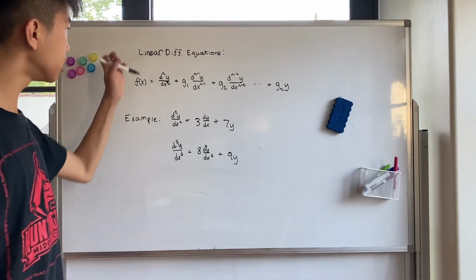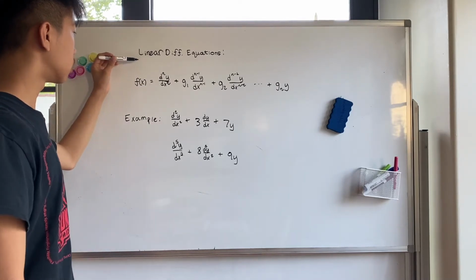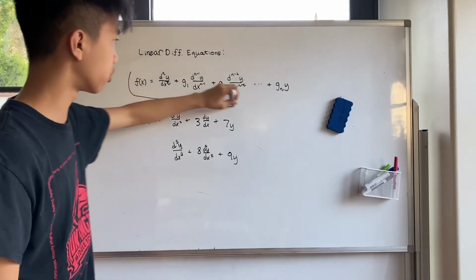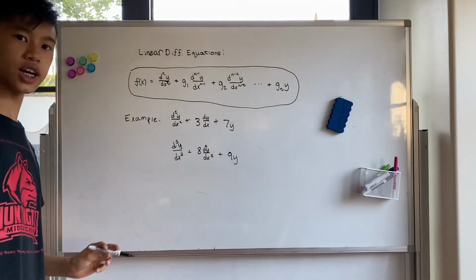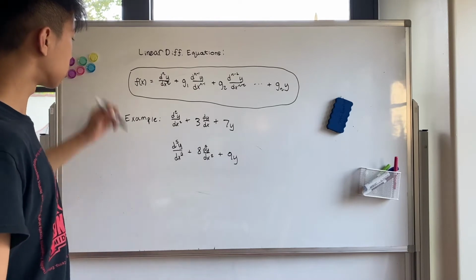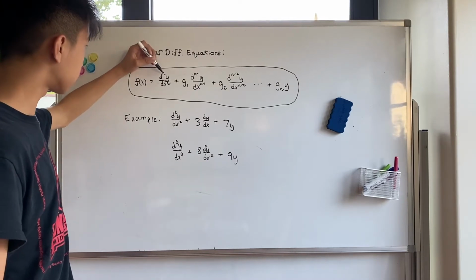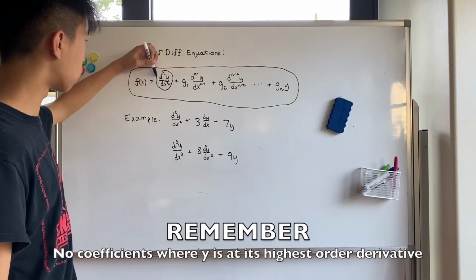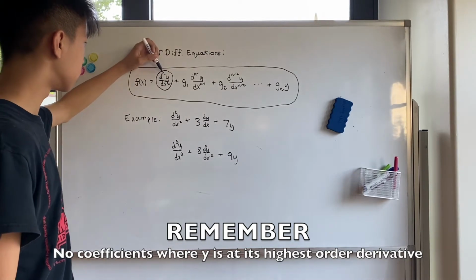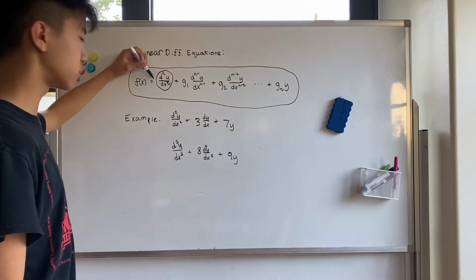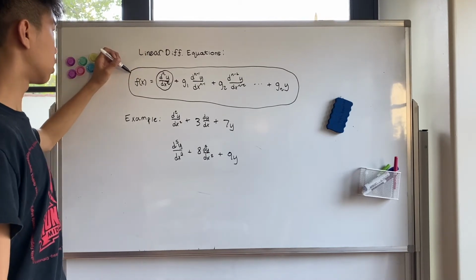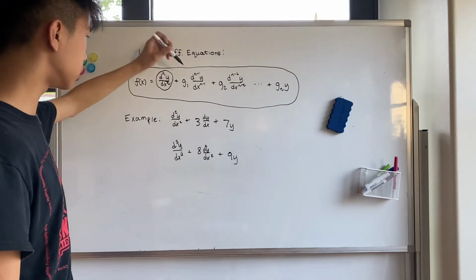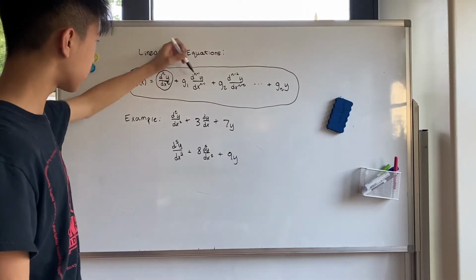A linear differential equation follows this form over here. So, what exactly does this mean? First of all, we start off with the highest order derivative of y, which is our original function. Notice that it does not have any coefficients here. Make sure to keep it that way when you're solving for differential equations like these. And then after that, you have